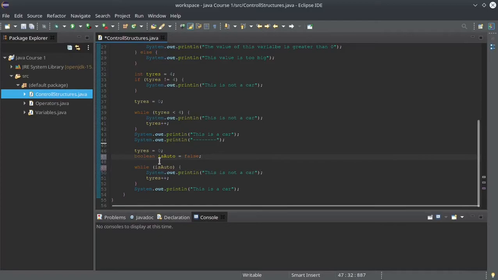So we are not gonna check the value tires, but the value isAuto, and this actually means isAuto equal to true. This is the same as writing it so, or just don't use it and just write so. While checks if isAuto has a true value. Okay, so while isAuto is true, please print this is not a car, add the number 1 to the variable tires, and then